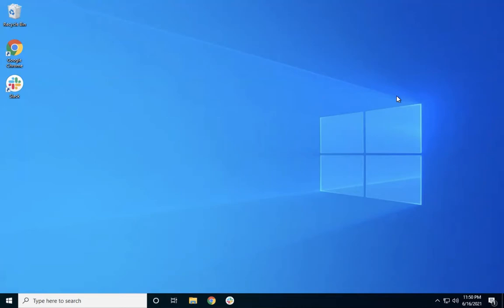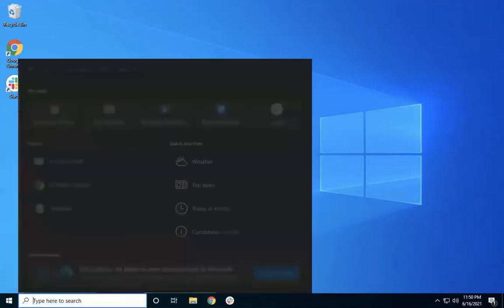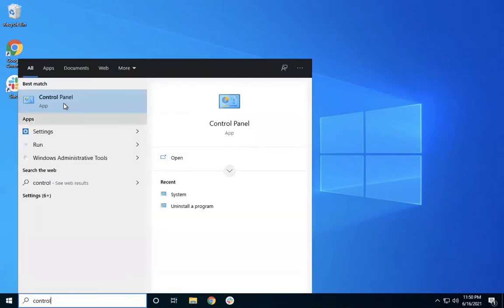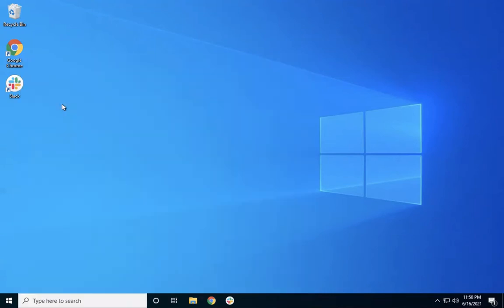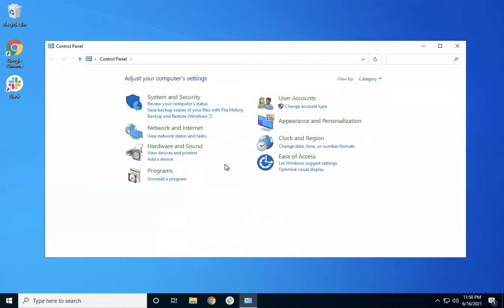First, let's understand a bit about control panel. We have seen details about control panel earlier as well, to uninstall a program. Now I'll give you a bit more details related to control panel. To access control panel, you can go to the search bar and search for control panel. You can see the app related to control panel. You can click on this and it will open up the app which is called control panel.